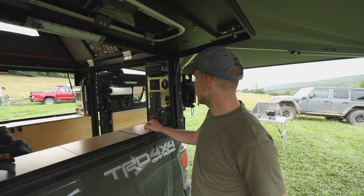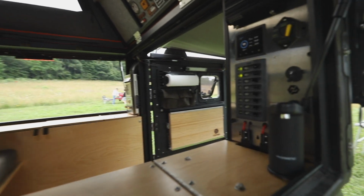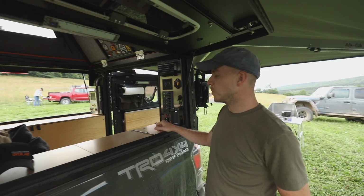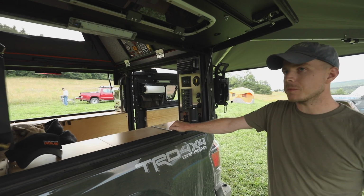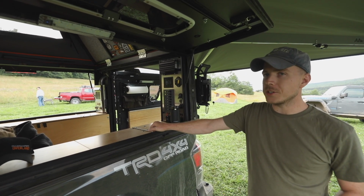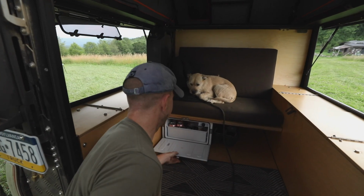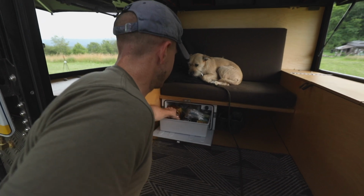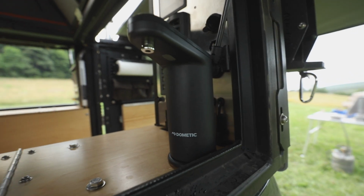So this is one of the old school GP Factor electrical boards. We have the Red Arc BCDC 1240, which pulls power from both the solar panels on the roof of the camper and then the engine of the truck when it's running, which is awesome. So it always keeps your battery topped off pretty full, so you can power stuff like a little fridge, lights,